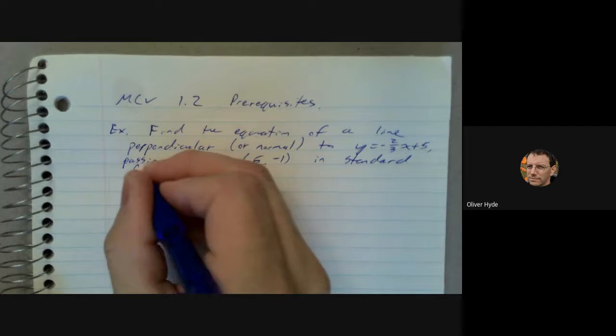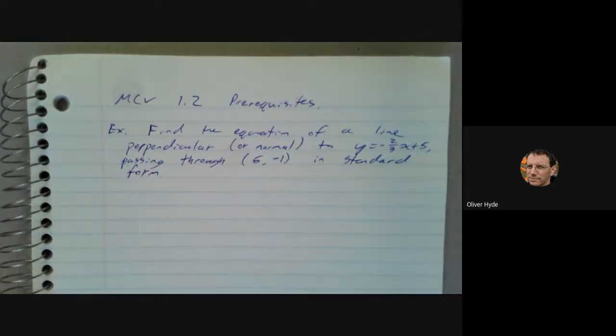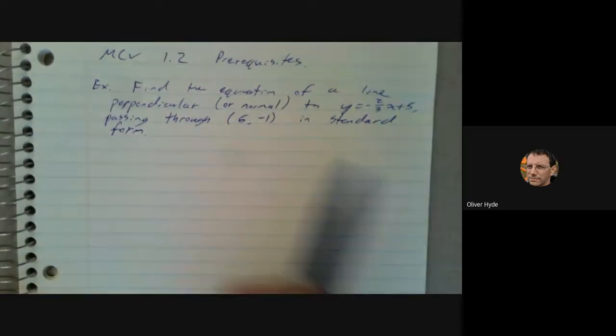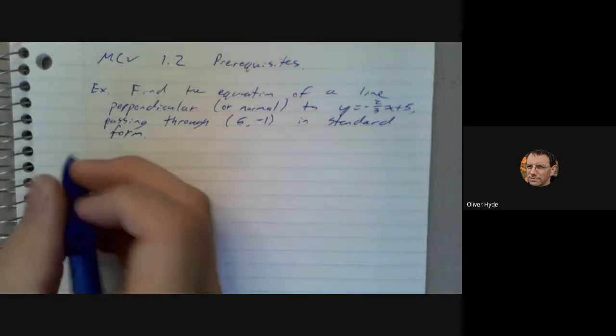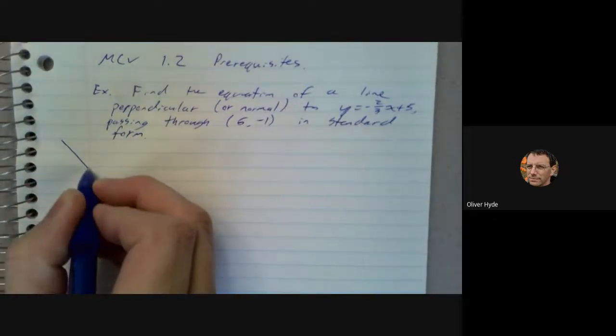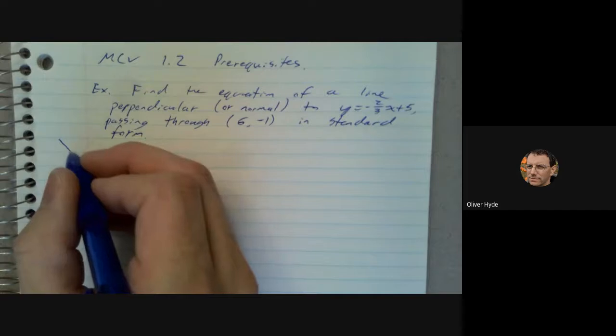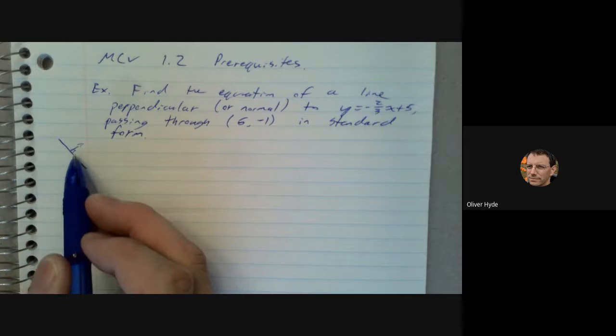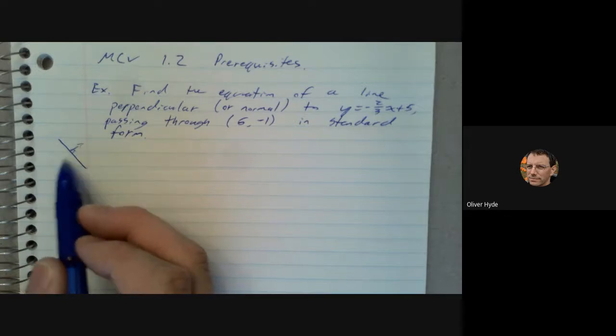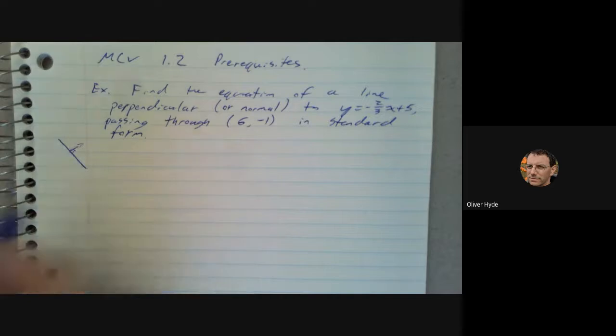And I really want you to practice getting equations in standard form. It is important for the vectors portion of our course, and we'll find other uses for it later as well. Okay, so the word normal is synonymous to perpendicular. If you have physics, some people might be able to tell you about a normal force that's being applied, like a reaction force in reaction to gravity, perpendicular from a surface, or normal to